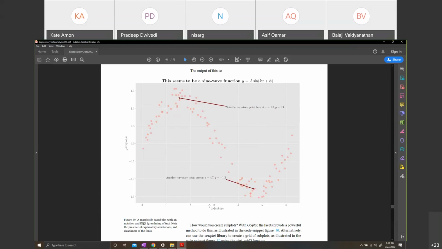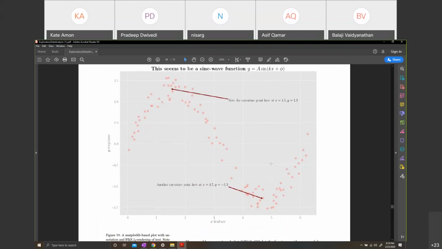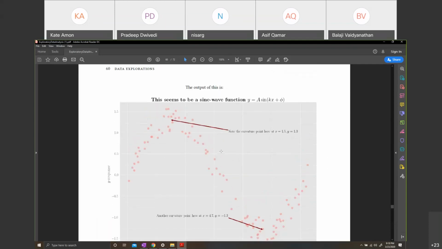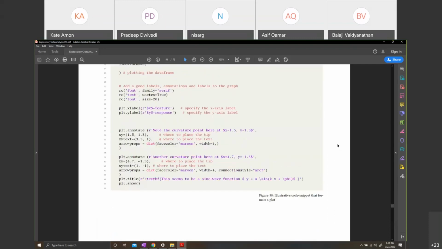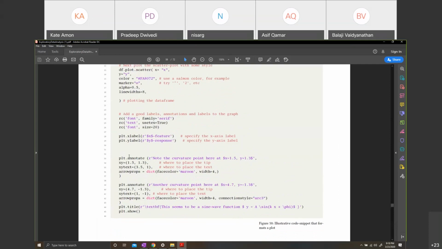And you notice that this notation here, X feature, when you zoom into that, you will notice that this is actually fairly professional. Well, it doesn't show, I hope it shows here. Do you notice that it's written in good fonts? All of this text is written in good fonts. So the code to do that is here. This is how you create an annotation. So there are two annotations, both of which are here.